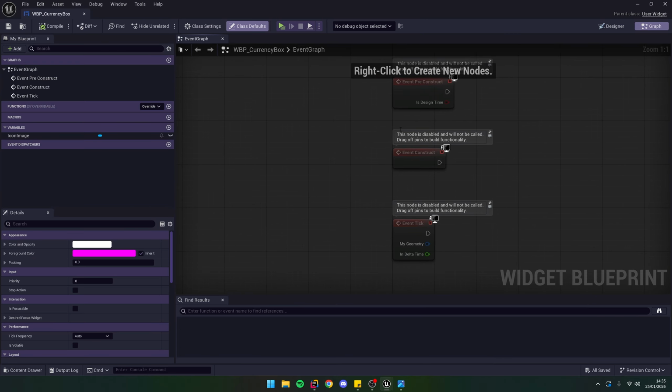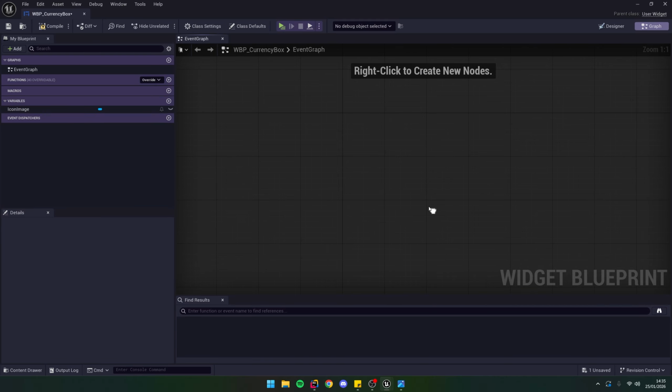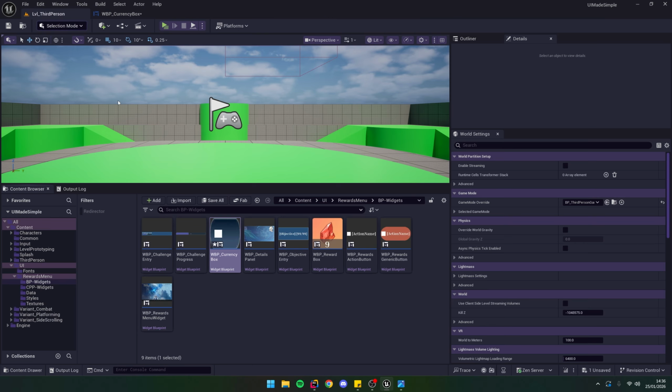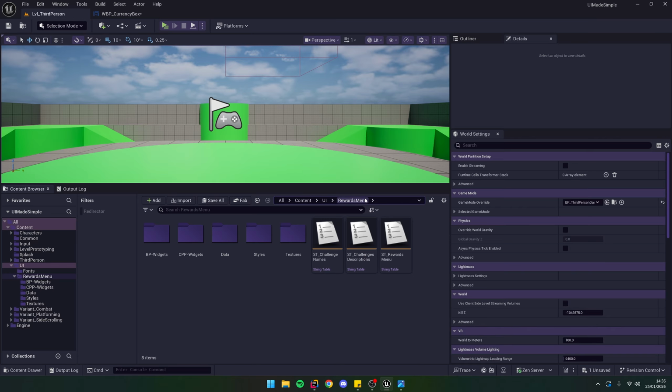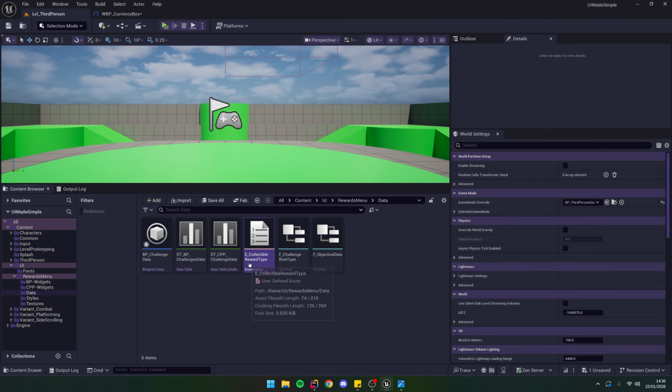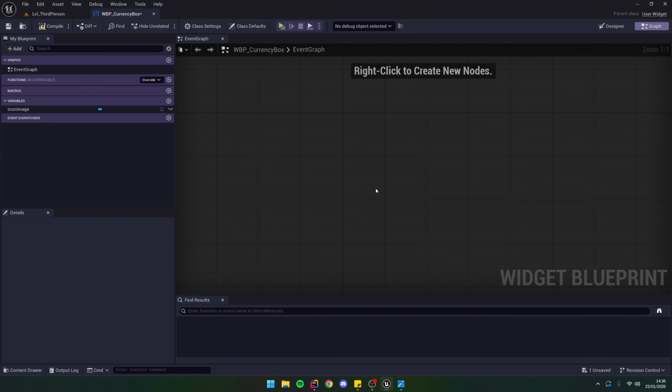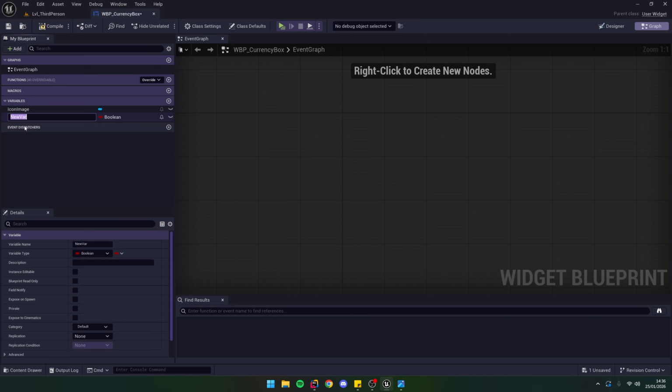We will be using the same enum type that we have used for our collectible rewards. If you remember, we have set that up as an enum over here for collectible reward type, so we are going to use the same one for our currency box. The first thing we need to do is give this currency box a type. So I'm going to call this currency type,